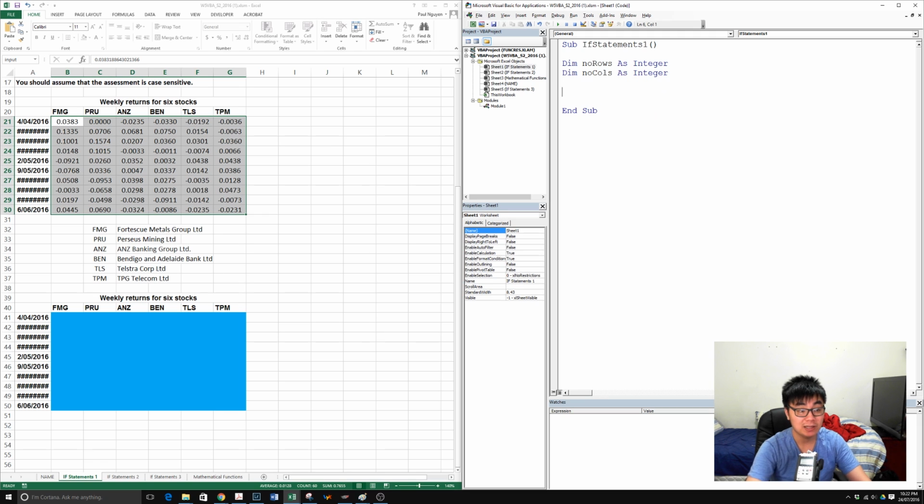And we're going to count the number of rows and columns of input and put them into these variables. You should be very familiar with how to do that by now. So basically we're just taking the number of rows of the input, what we named input, and we're putting it into no rows, and similarly for the